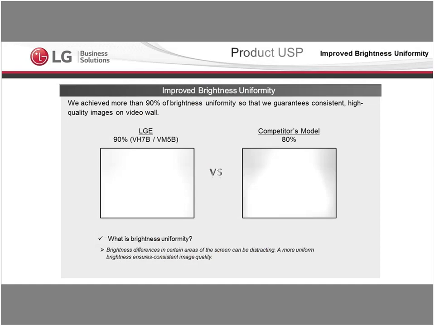Now the edges are where you have to take a look. So if you take a look at the edges of our competitors, and you guys can actually see this when you're out and about, sometimes in an airport. I was actually traveling through an airport recently, believe it or not. I occasionally do that, and when I did, I noticed that on a non-video wall product, it was very, very clear that the edges had issues. Now that I've mentioned it to you, you'll be walking around and you'll be like, oh, now I notice it. So I apologize for making you notice something you're probably going to see every day now, as long as you look at it. But the improved brightness uniformity of 90% brightness from edge to edge is actually a clear advantage that we offer, and the